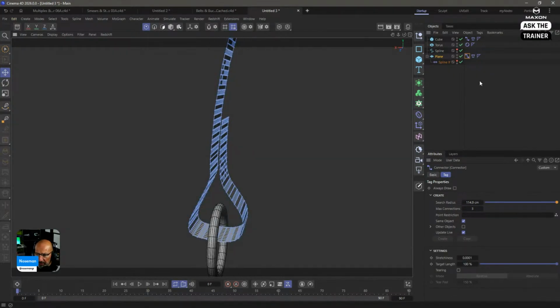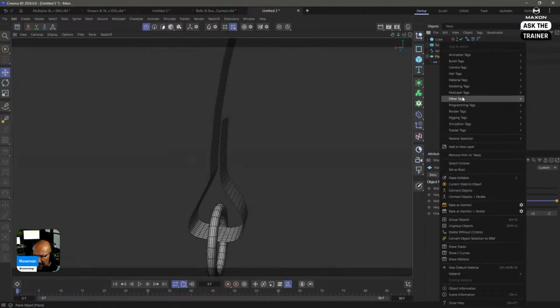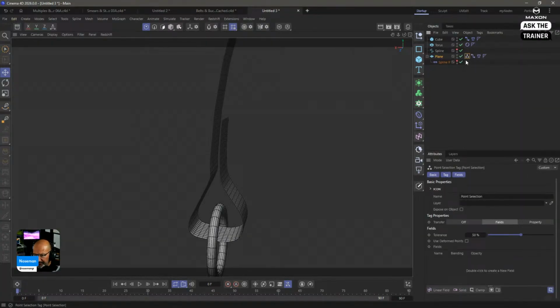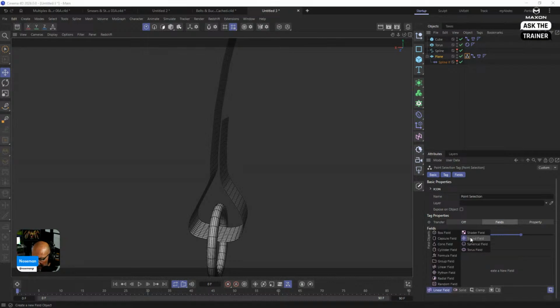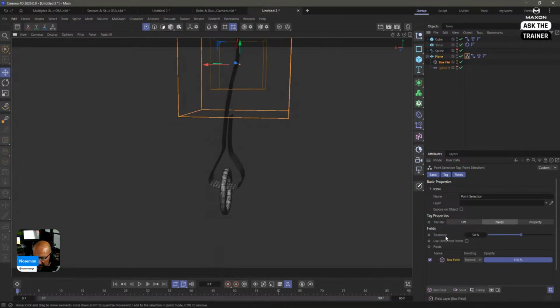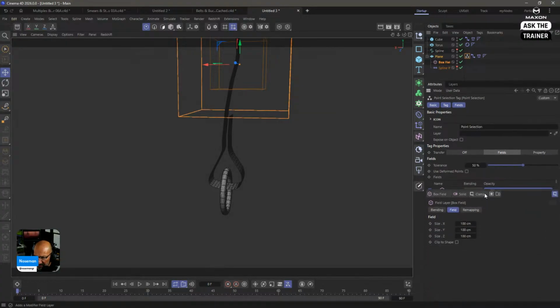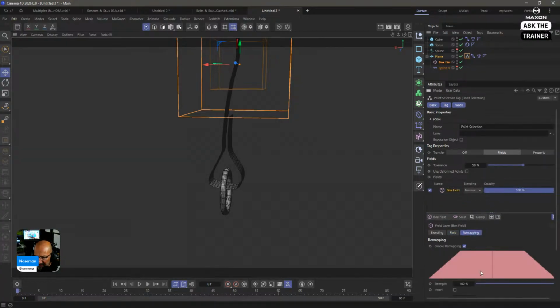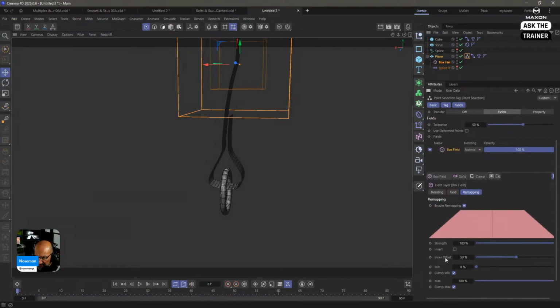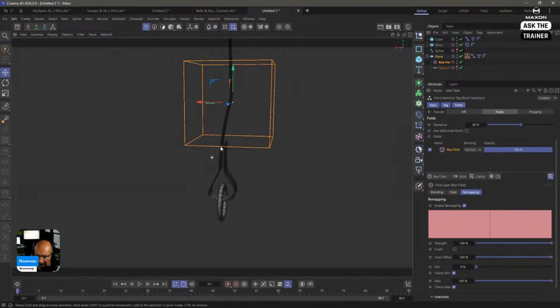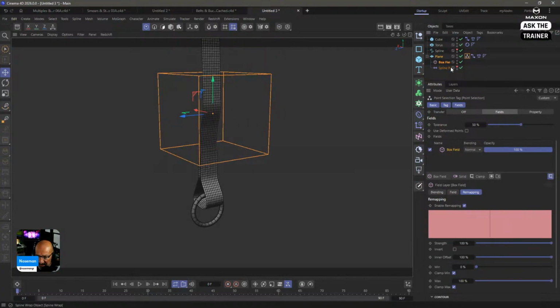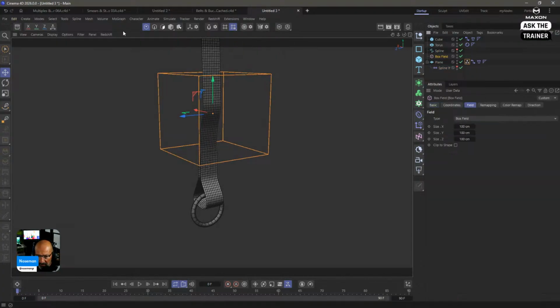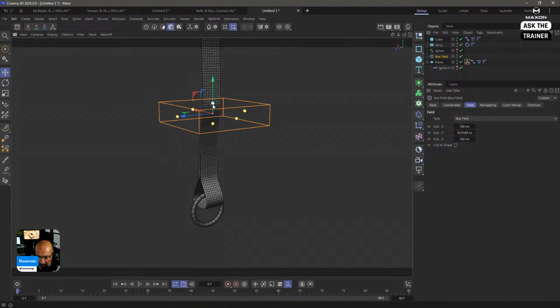All right. So what I'm going to do is go here and add a point selection. Add a box field. Make sure I want all the points inside the box to be 100% selected. So go to the remapping and just make sure you don't have an inner offset. So now everything inside this box is selected. I'm going to show you a little thing you need to be aware of in a moment.